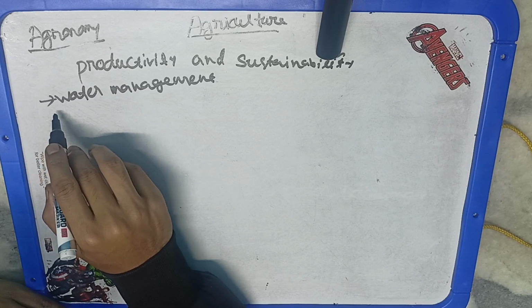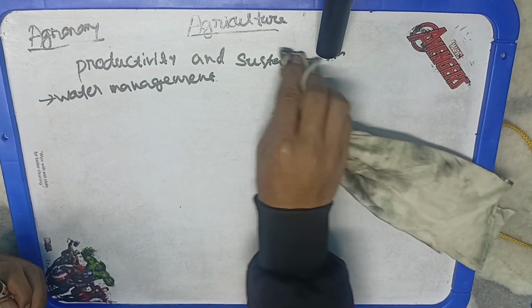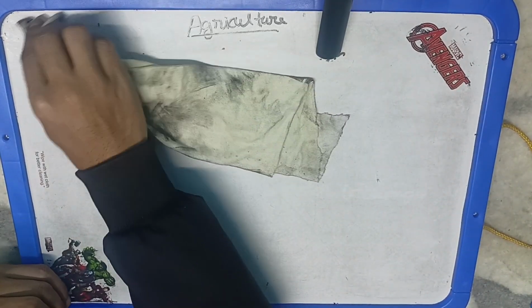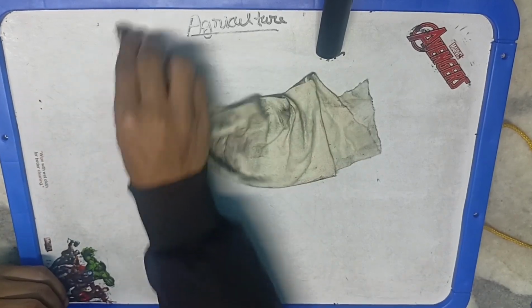Agronomy is concerned with the production of food and fiber to meet the needs of the growing population. This is the ultimate aim. So this is about the agronomy study. We are studying the growth and development of crops, soil environment and its modification, seed and how we are sowing, what are the various ways to sow a particular seed.